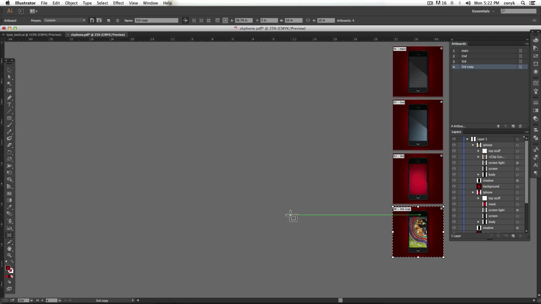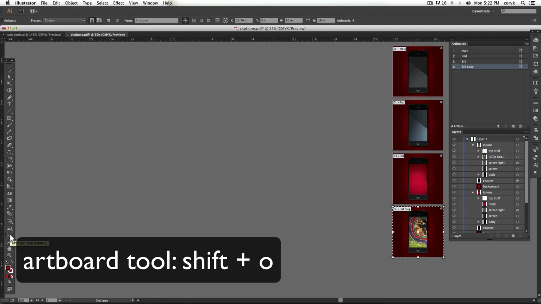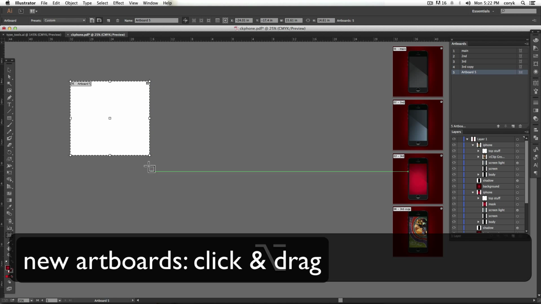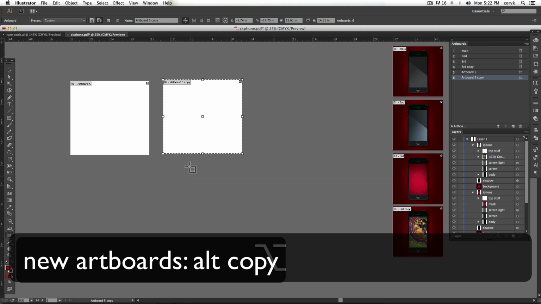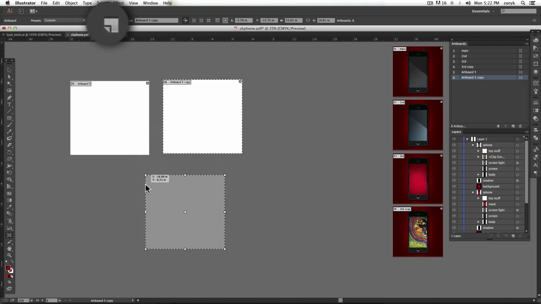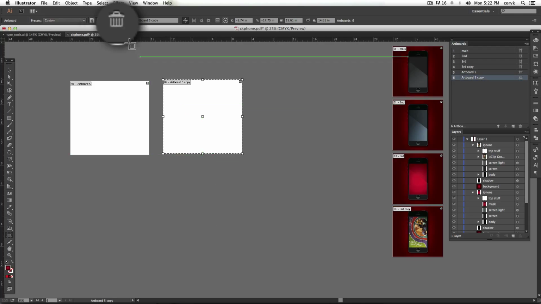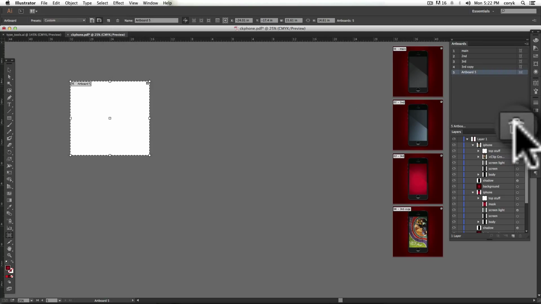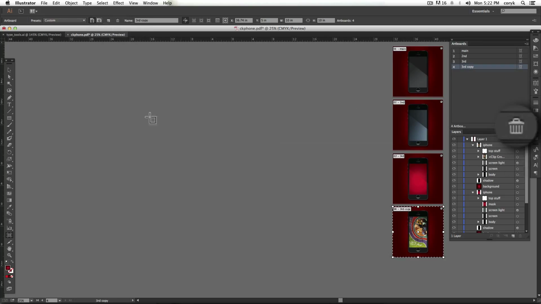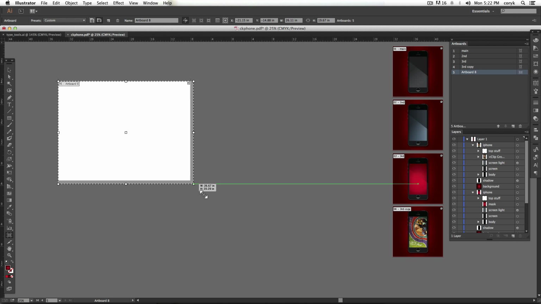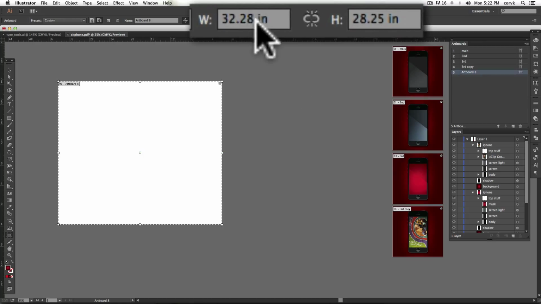Okay, so to review, the artboard tool is Shift-O. You can click and drag to create new artboards. You can hold Alt and make copies of artboards. You can click the New button up here and then click and make artboards. To delete artboards, you can click on the X. You can click on the trash can in the options bar, or you can click on the trash can in the artboards palette. You can resize artboards by grabbing the edges of the bounding box like that,